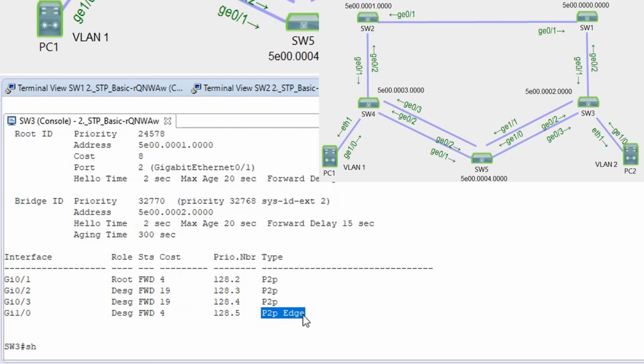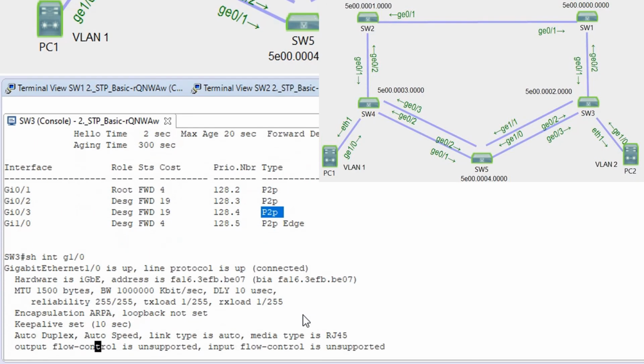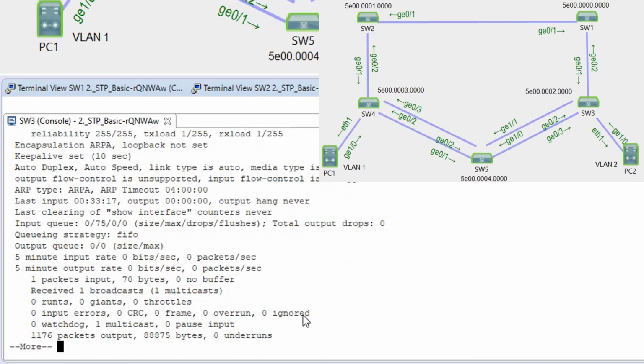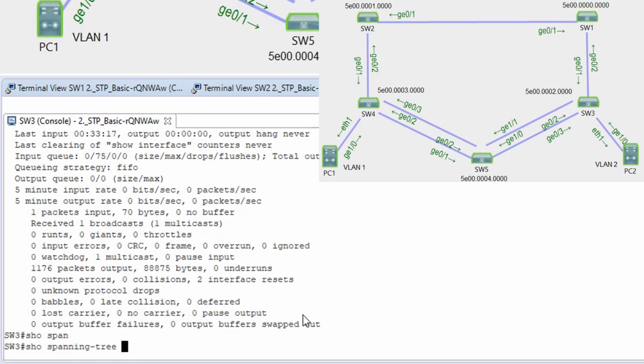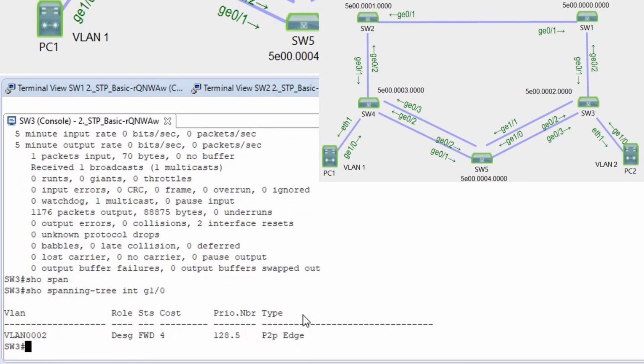I'm sorry, show spanning tree interface G10, and we can see the type of this interface is P2P edge, and we can also check it with show spanning tree detail